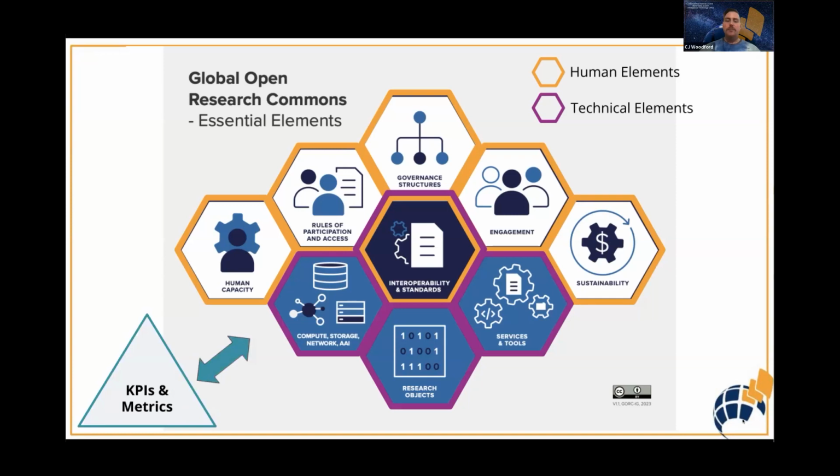In addition to the main portions of the model, which belong to these 9 essential elements, or 10, depending on how you count them, we also came up with a set of considerations for lists of key performance indicators or KPIs and metrics, which are qualitative and quantitative measures that can be used to measure your uptake, engagement, and use of commons components. And so in total, the model is intended to help navigate implementing open research practices in your commons research infrastructure by guiding you through considerations on what to include.